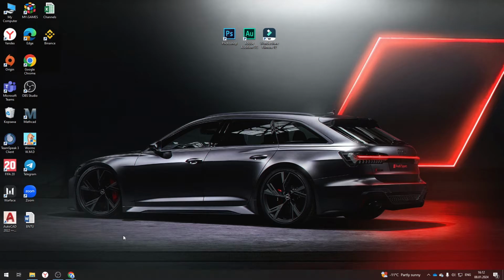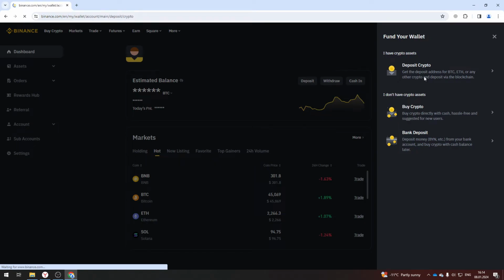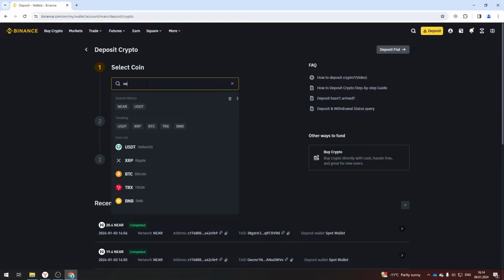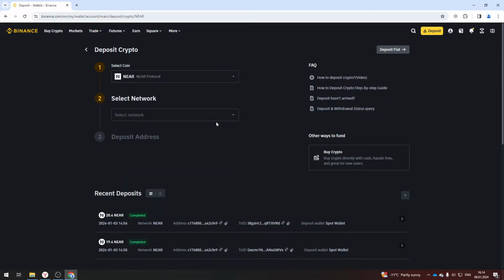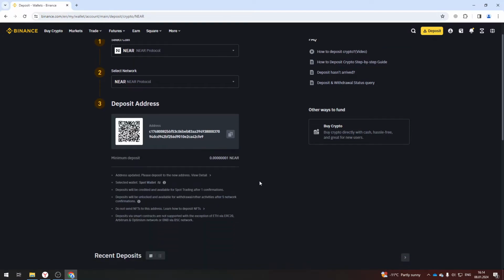So all we need is open Binance in browser and click deposit. Then select the crypto deposit and write the name of the cryptocurrency you want to receive. For example, NIR, and select it. Next, we specify the network, in our case the NIR protocol, and get a QR code and an address for